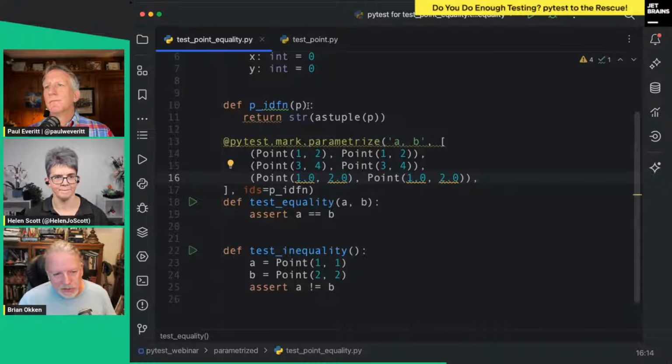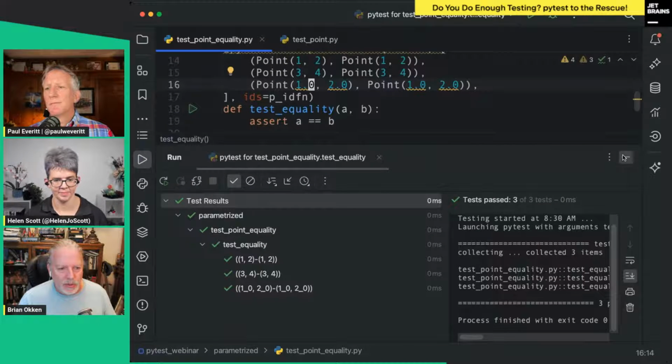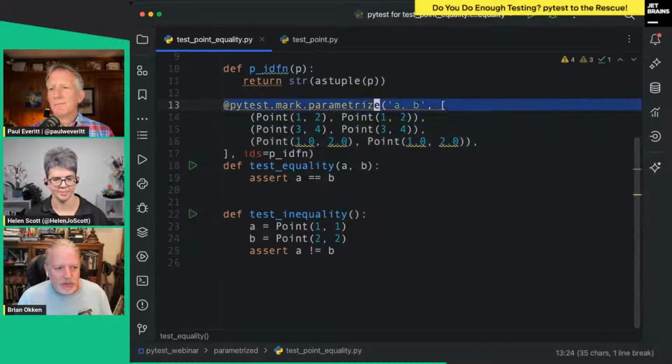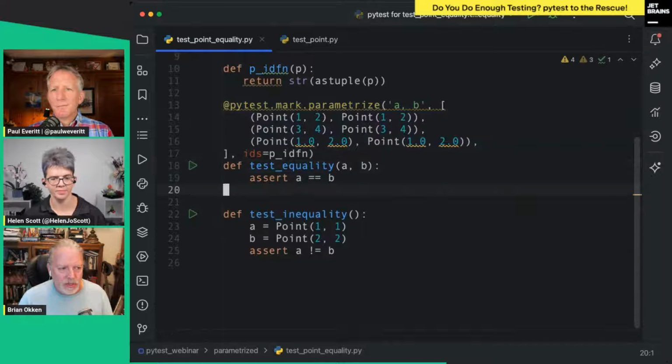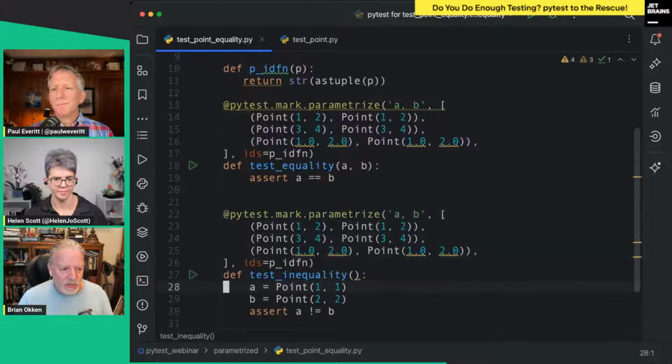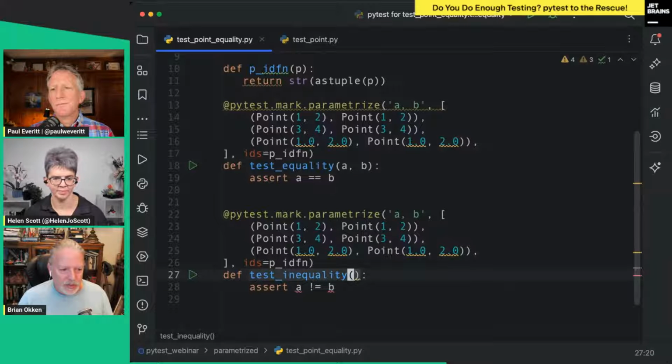It's a little cleaner, but the cool thing about that is now, if I want to do the same parameterization on my other functions, I don't have to write that lambda twice. I just add the A and B, and let's change some stuff so that it's not equal. We'll just leave that as a failure so we can see that.